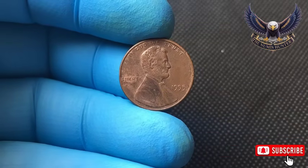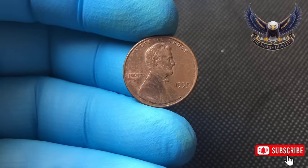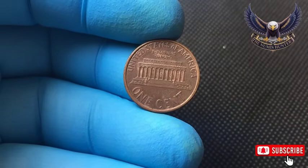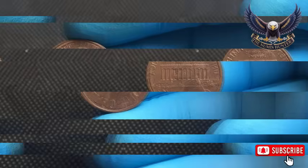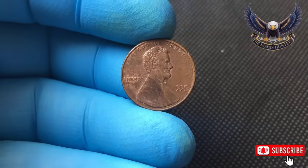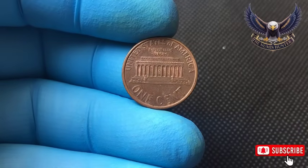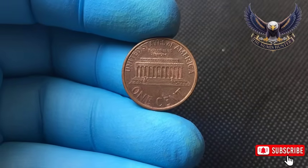For years, this coin sat quietly within a broader personal collection, labeled only with a handwritten note indicating unusual reverse, 1995, a modest description that hardly hinted at the true significance of what this collector had actually found. It was not until this collection was eventually examined more closely using modern digital imaging and online reference databases that simply did not exist when the coin was first set aside decades earlier, that the true, extraordinary significance of this particular penny was finally recognized and properly documented by numismatic specialists who could compare high-resolution photographs against an ever-growing body